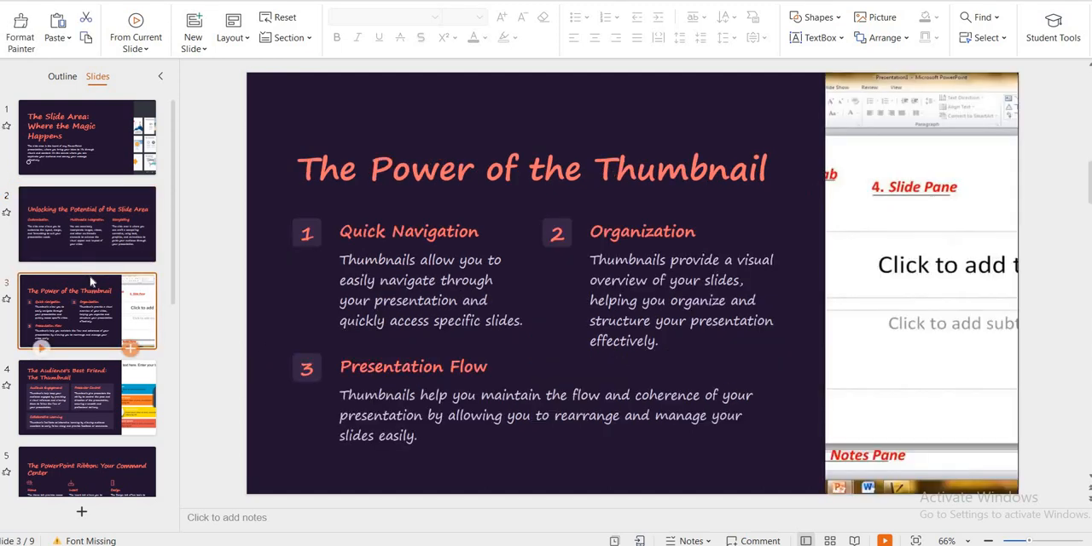And the power of the thumbnail. What is the power of the thumbnail? So first of all, what do you mean by thumbnail? As of now, we've learned about the slide area. Next, we are going to talk about the